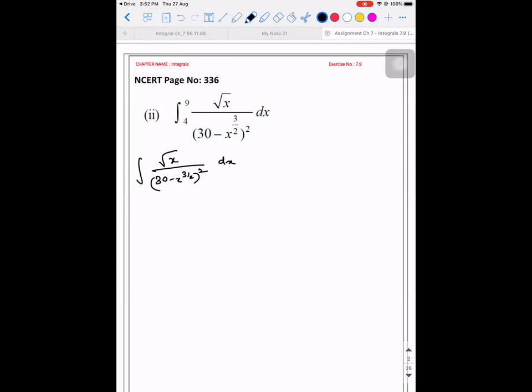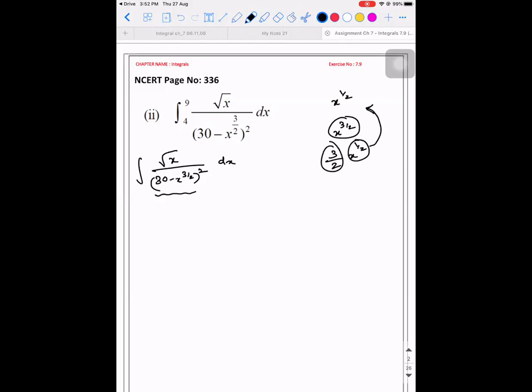So what is the main objective of integration? To eliminate the denominator. So if you have to eliminate the denominator, let's say you have a fraction, then in most cases what will be the possibility? That the numerator will be the derivative of the denominator. Means I have root x, means x power half. The denominator has x power 3 by 2. Let's do a rough calculation and see. When you differentiate x power 3 by 2, what will you get? 3 by 2 into x power half. So you get the numerator.